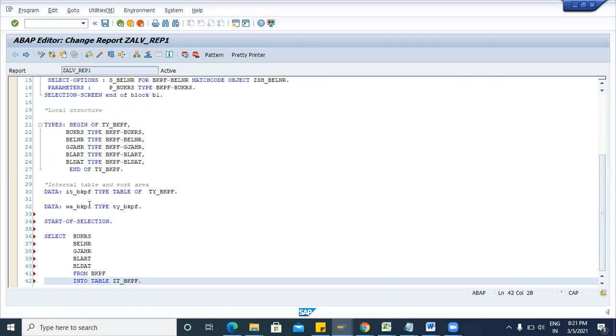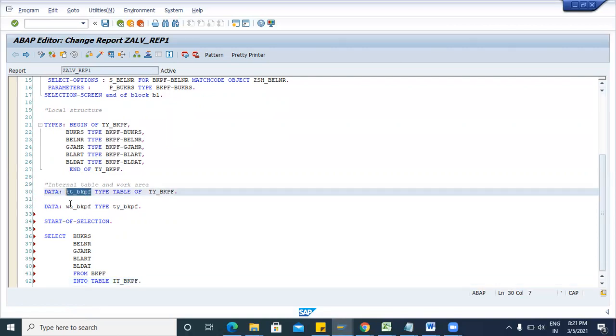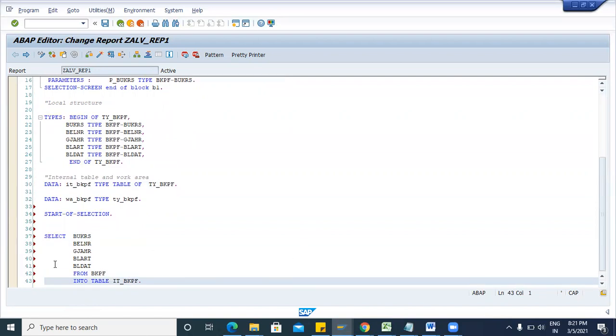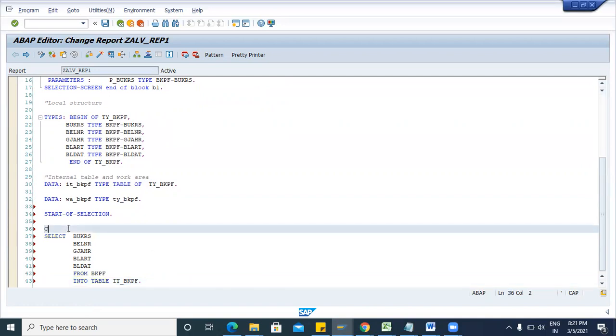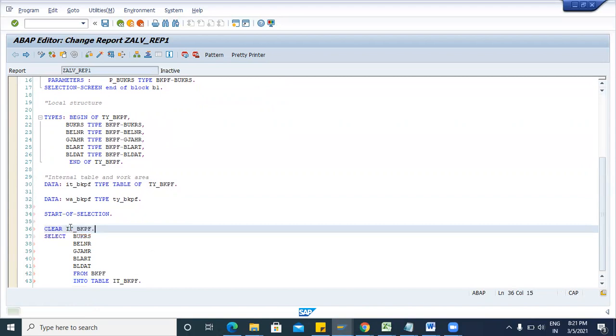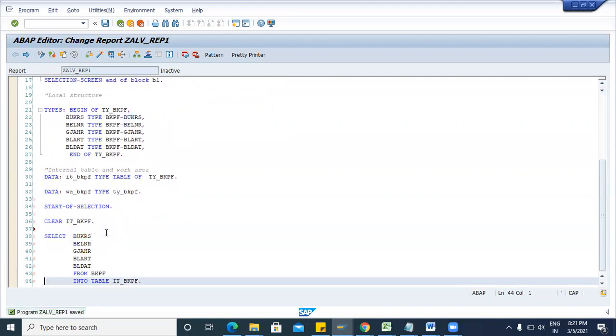So this is the internal table that we have declared here. First, we have to clear the internal table also. So if you are using any internal table, then you have to refresh your internal table. Just use the statement clear IT BKPF. Then enter.